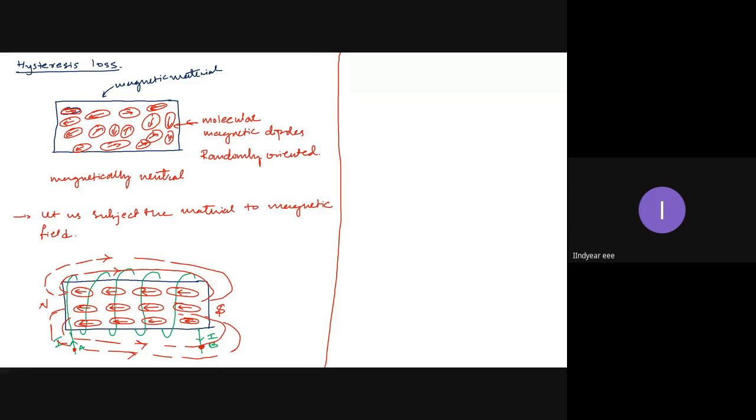This is known as cycles of magnetization and demagnetization. But what happens practically is not all the molecular magnets will deorient when the direction of current is changed, or some molecular magnets will take very long time to deorient when the direction of current is changed. This is the property called irreversibility, which we come across even in chemistry.